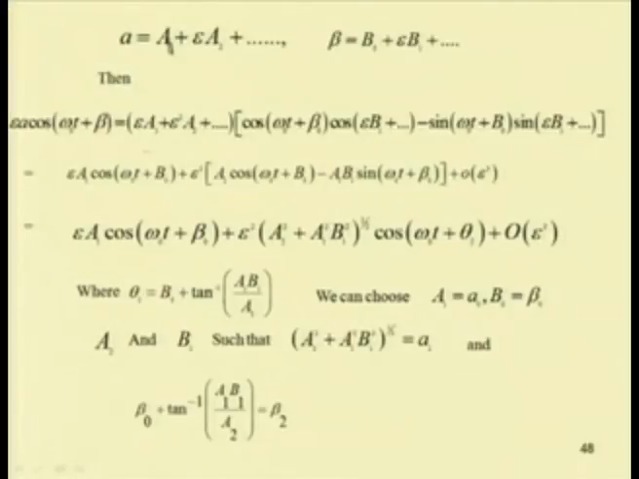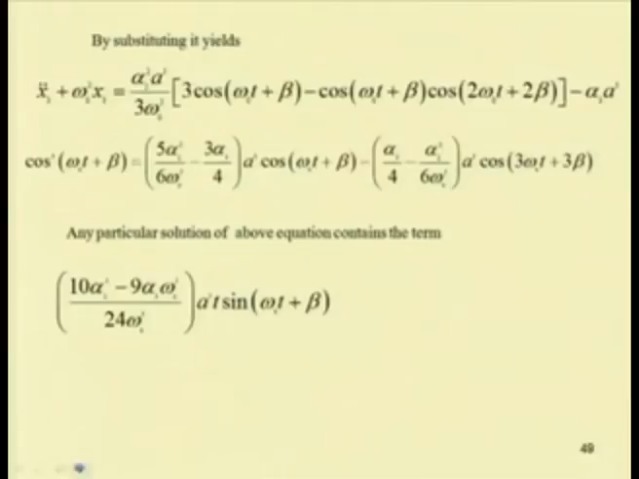So, this will be epsilon a 1 plus epsilon square a 2 into this term. By substituting this equation, one can write this equation, and further modify it and find these things. Substituting those equations and then substituting in the third equation, one can write this equation